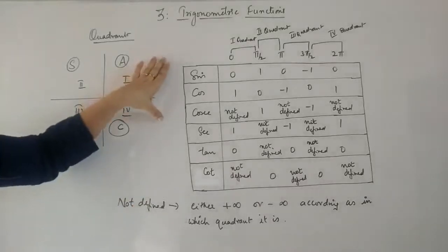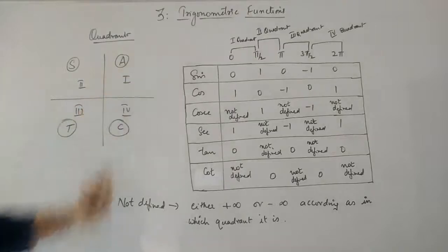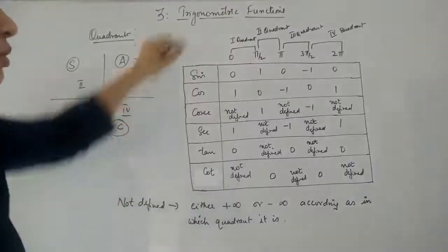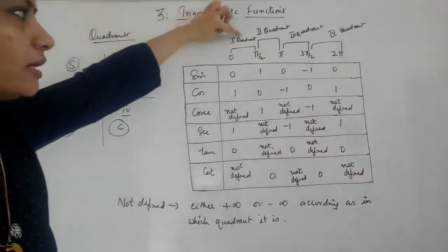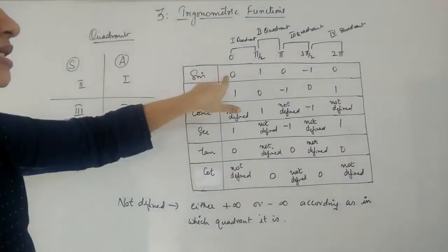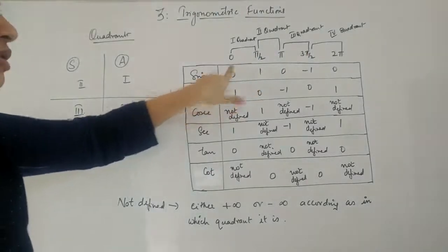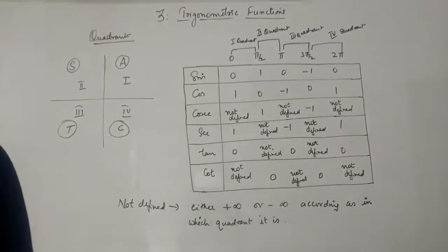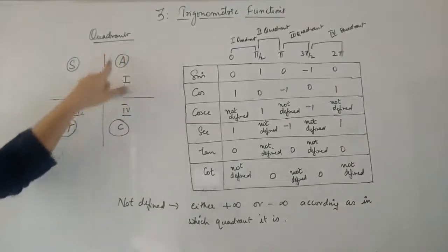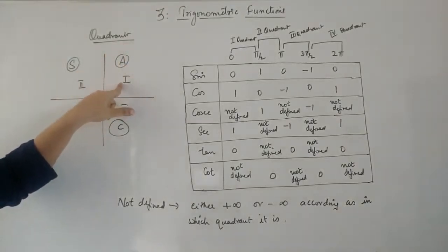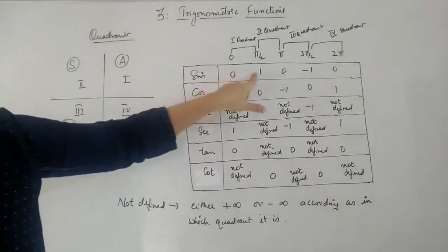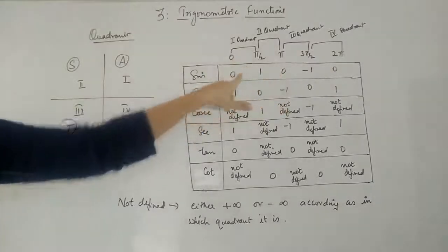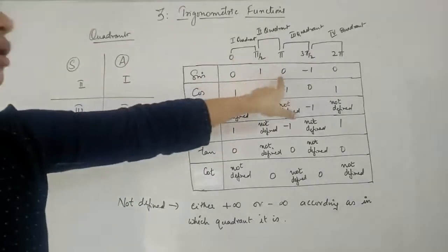Now we will just go through what is the behavior of each of the trigonometric functions in the corresponding quadrants. Okay, so going for the sine function, the first quadrant's value ranges from 0 to 1. That means it is increasing from 0 to 1, and in the first quadrant the sine function is positive also. Okay. Next, going for the second quadrant, the sine value ranges from 1 to 0. That means it is decreasing in the second quadrant.